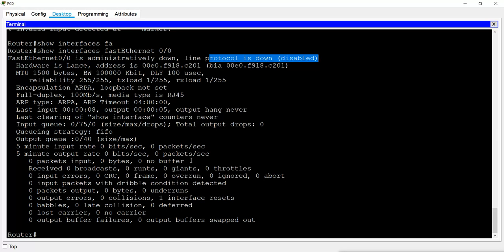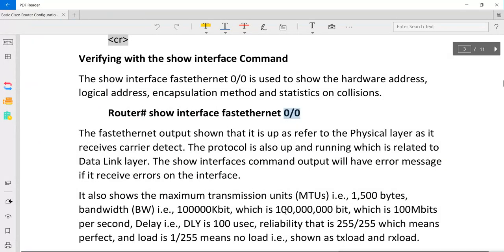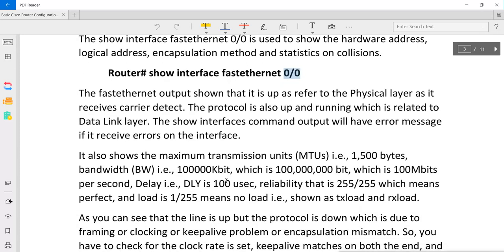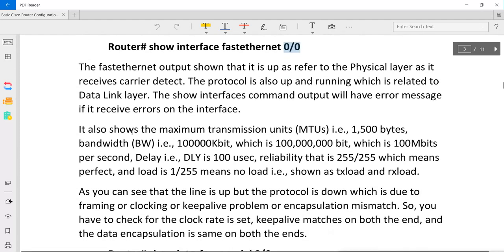Then we see the other information. The show interface command output will have error messages if it receives errors on the interface. So if it is having any error, it shows the error. Then it shows the maximum transmission unit, MTU, that is basically 1500 bytes.